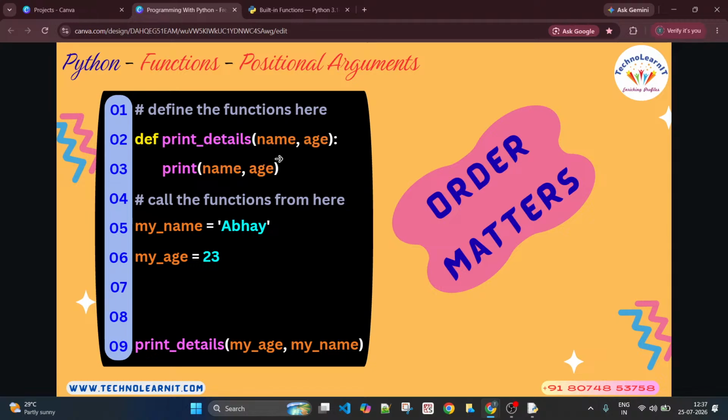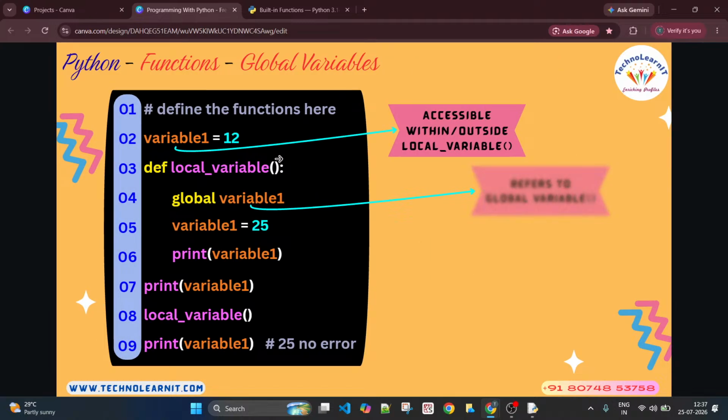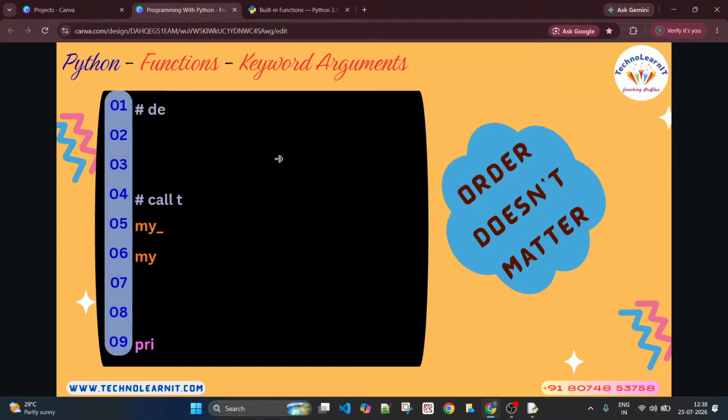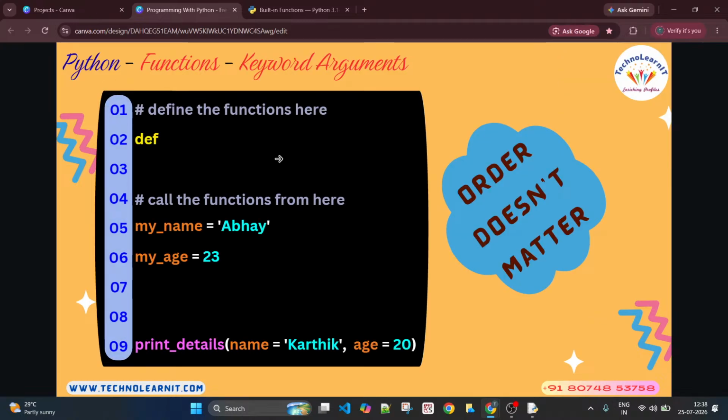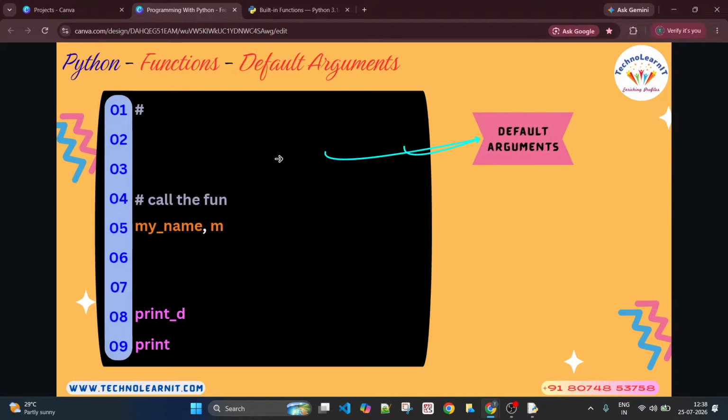So same example here also, I have taken two variables. When it comes to positional arguments, the order matters. But in the case of keyword arguments, you just pass the arguments by mentioning the name of the argument, right? I want to use this as so and so argument, you will say. In that case, you won't get any problem. It will automatically consider them as the right arguments because you have explicitly mentioned the name of the argument. That is all about keyword arguments and it is very, very helpful.